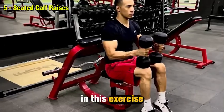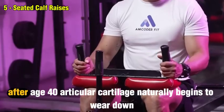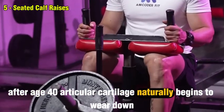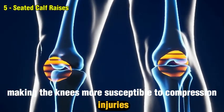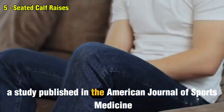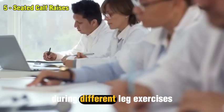In this exercise, weight is applied directly to the knees through the upper thighs. After age 40, articular cartilage naturally begins to wear down, making the knees more susceptible to compression injuries. A study published in the American Journal of Sports Medicine analyzed intra-articular pressure in the knee during different leg exercises